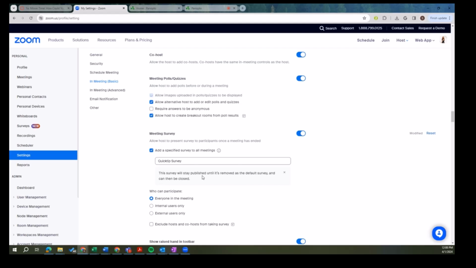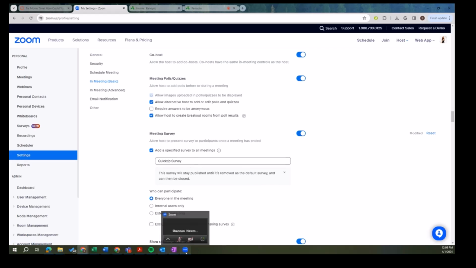So if you're running it at one time, you'll have to remember to come back and remove this after the fact, which is why I think you could just run a survey with Zoom polls. You can also copy links to the surveys and paste them within the Zoom chat window. But I'll leave this on so we can see how that looks.